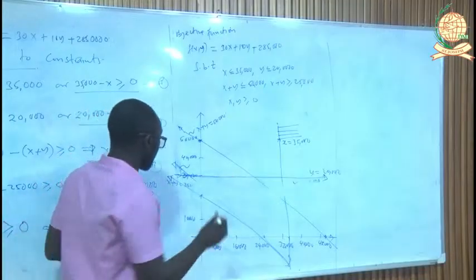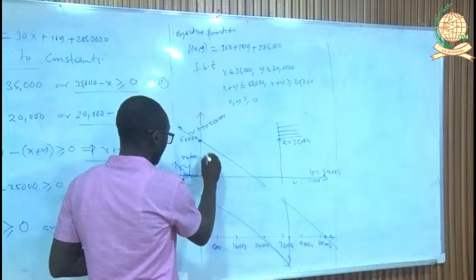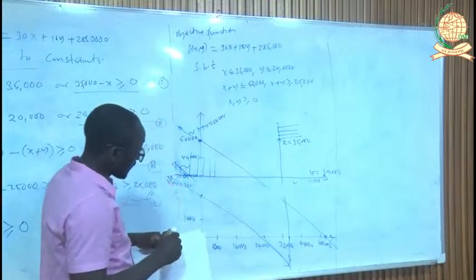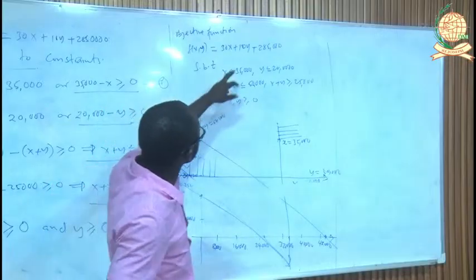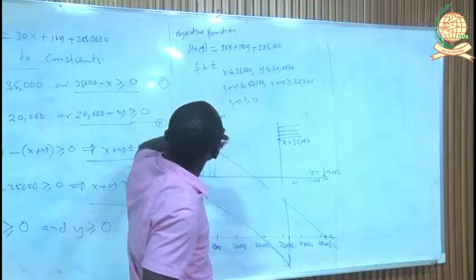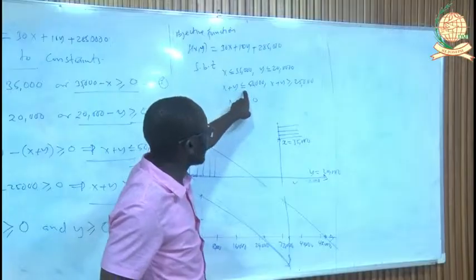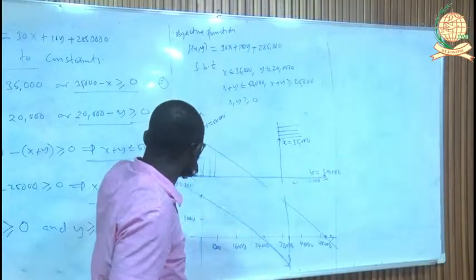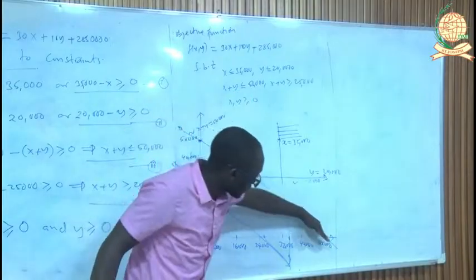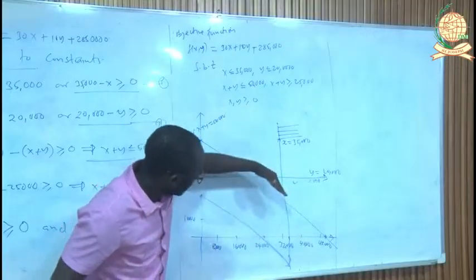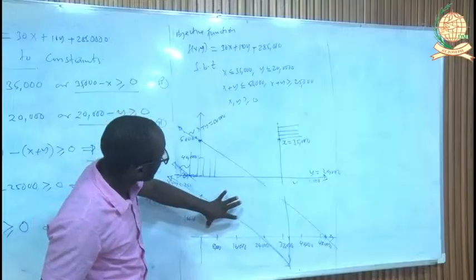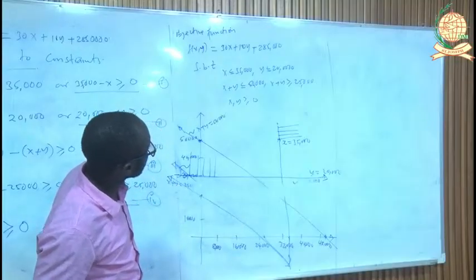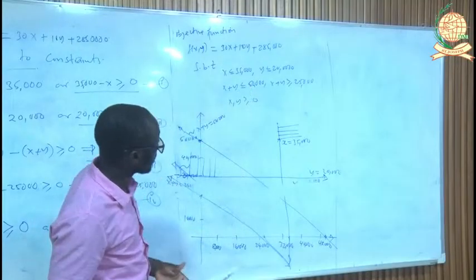So we are going to shade the unrequired one, which is our upward one. Then after that, we're going to do about this line here, x plus y equals 50,000, which is this one. x plus y should be less than 50,000. So we could test this line. We have a downward part of the line and upward part of the line. So you have to know which points are going to be satisfied by this equation